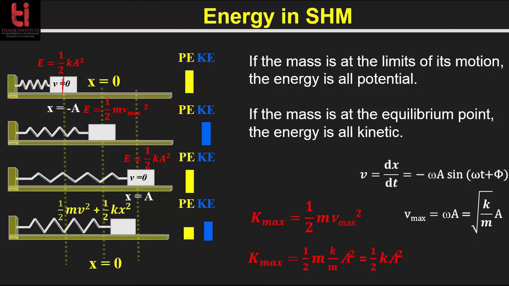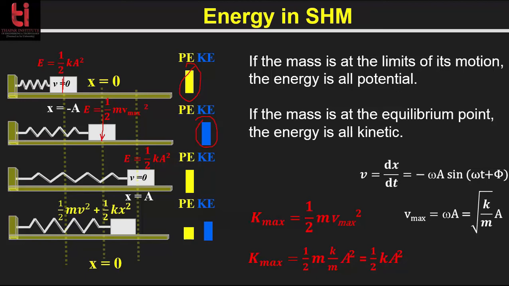So in this total energy, only the potential energy is contributing and you have no kinetic energy for this case. Now when you release the spring and it is at the equilibrium position, in this case x is equal to 0. So the potential energy is equal to 0, and the velocity is maximum here. So the kinetic energy will be the maximum here, and that means if the mass is at the equilibrium point, the energy is all kinetic. Whatever the energy contribution you get here is all kinetic, and the potential contribution is 0 here.